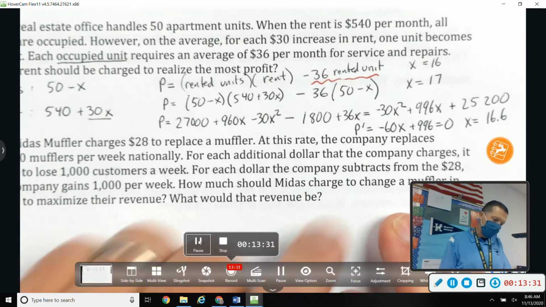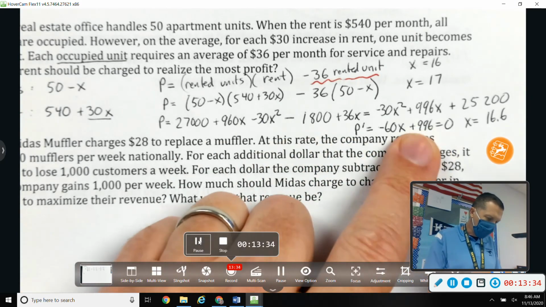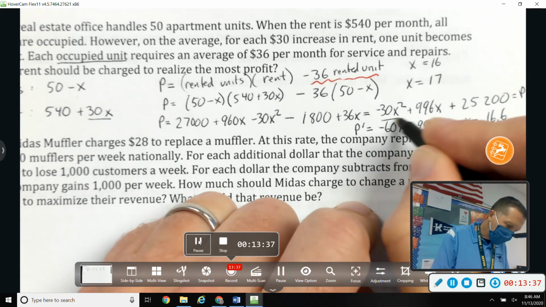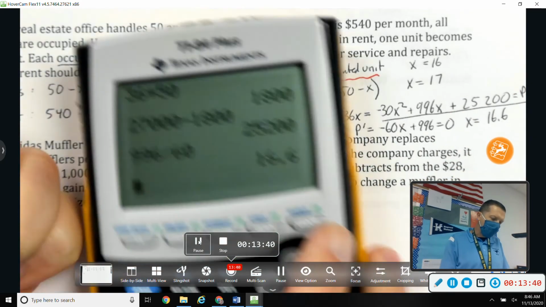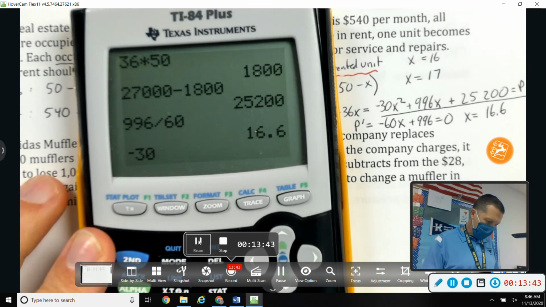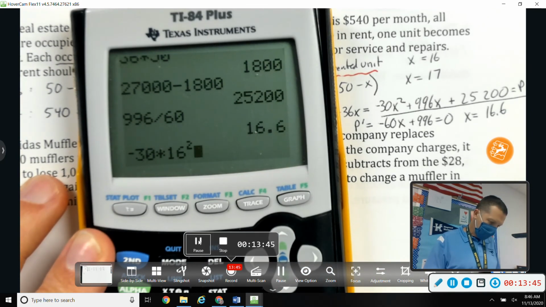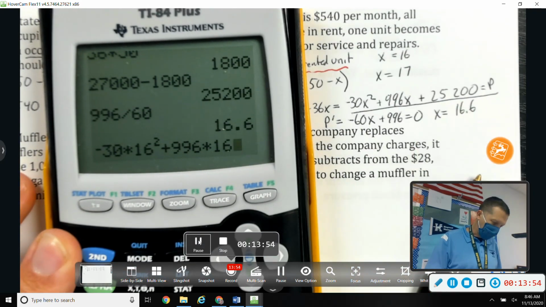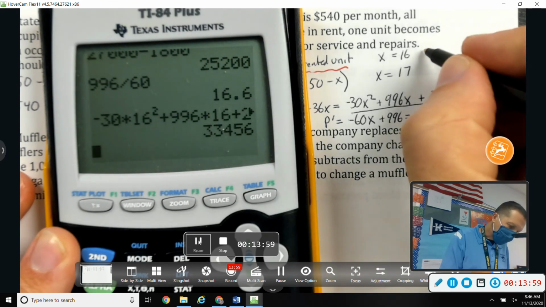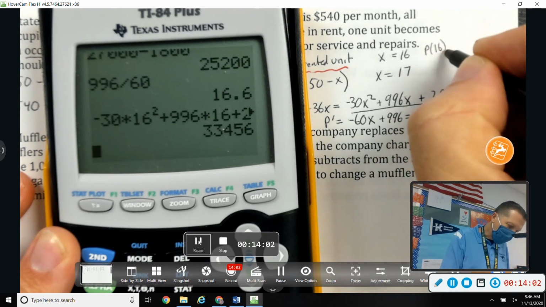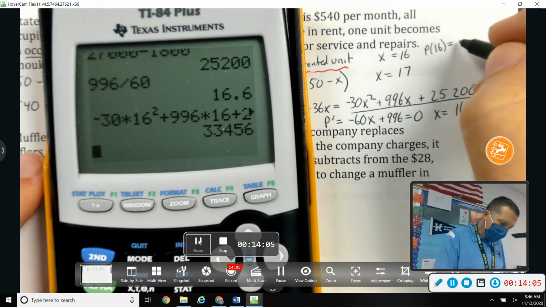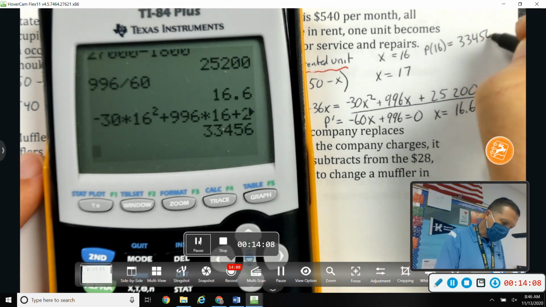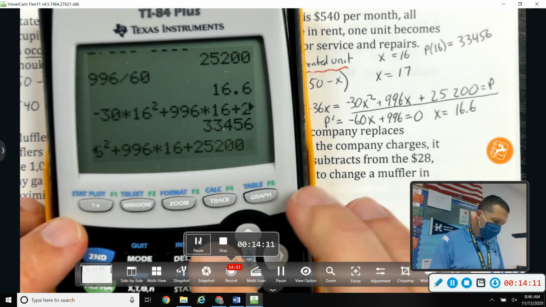profit. So I could go into, I guess this one would be the easiest one, and find negative 30 times 16 squared plus 996 times 16. I guess if I was really thinking, I could leave off the 25,000 because that's going to be the same for both, if I'm just comparing them. So the profit with 16, if x is 16, is 33,456. For 17,